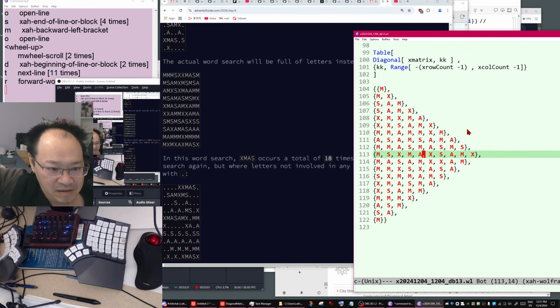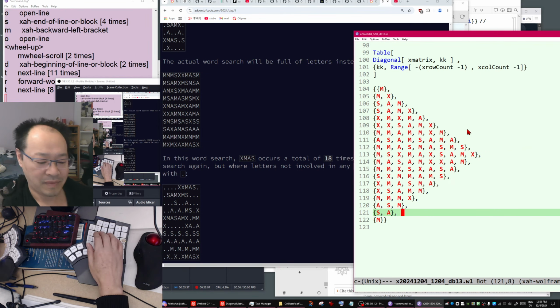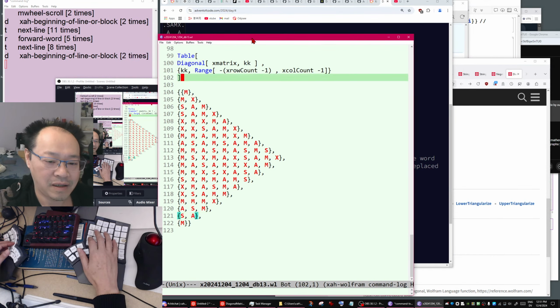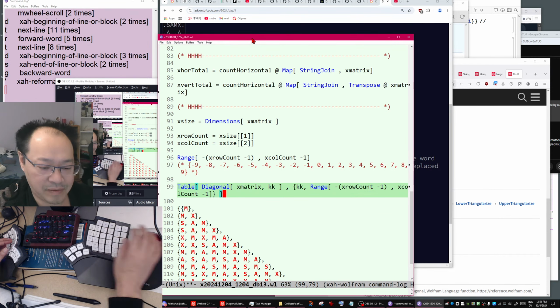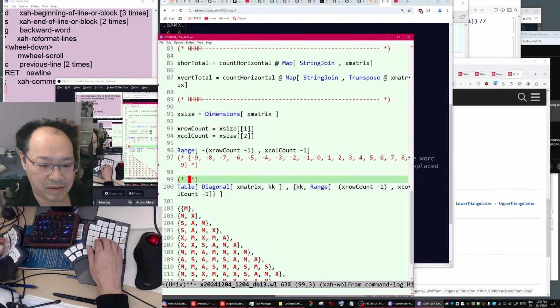Then the top right corner is M again, and SA, correct. Fantastic and beautiful. Okay, so we got all the diagonals. Yeah, all diagonals. Okay, so this is all diagonals.